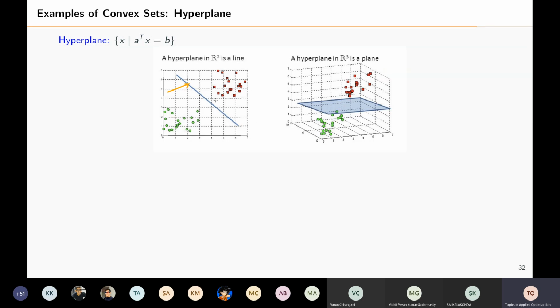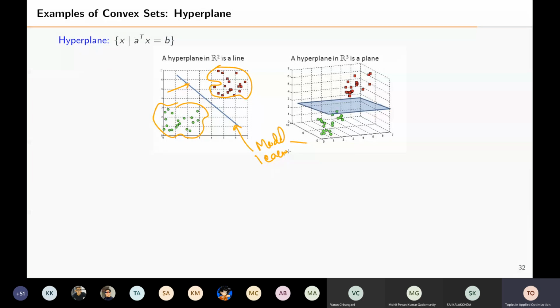And these things can be used in, as you can see, some data points in the green, and then some data points in the red. And a classification problem is like finding a hyperplane that can separate these two classes. So if your model learns this hyperplane, okay, so that means that